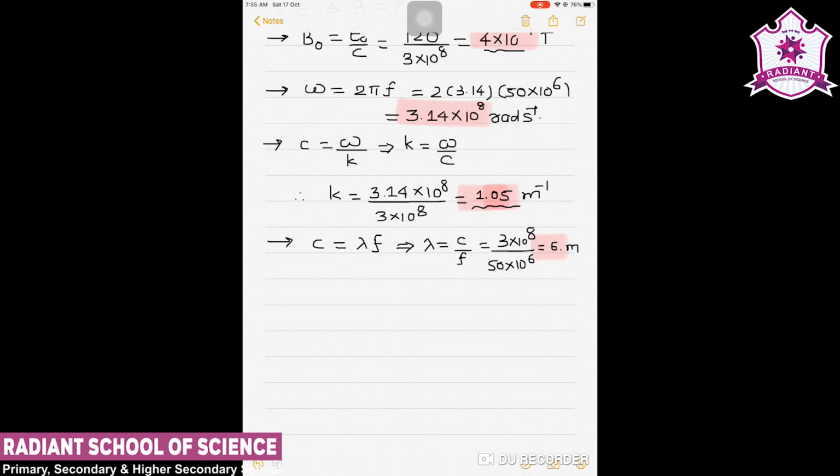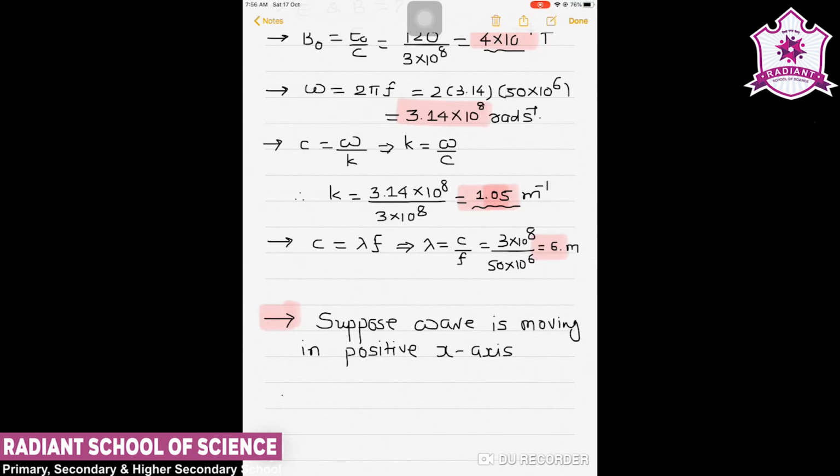Here, if the wave is propagating along the x-axis, suppose the wave is moving in the positive x-axis, it can be represented as E equals E0 sin(kx minus omega t), but it would be on the y-axis. And in the same manner,